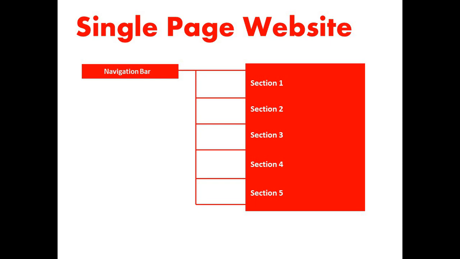In case of more than enough data to be kept in a single page, it will take a longer loading time. So when we access any website from the Google browser, it takes time to load the content in your browser. The time depends on the amount of data, or the weightage of the data, that is present in the given website.